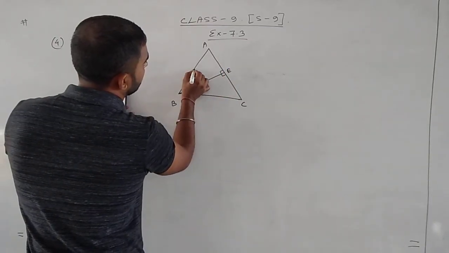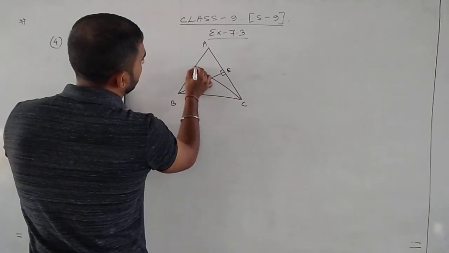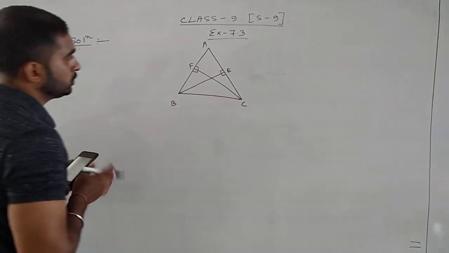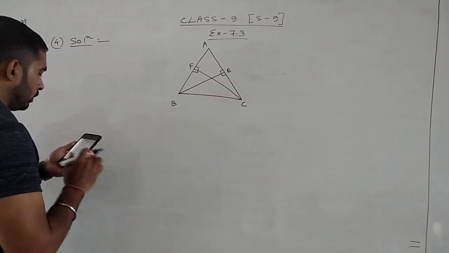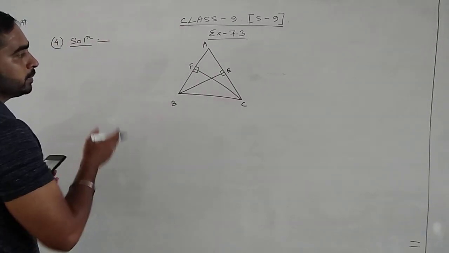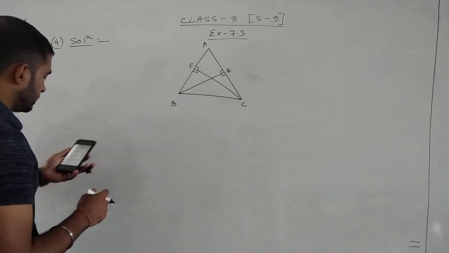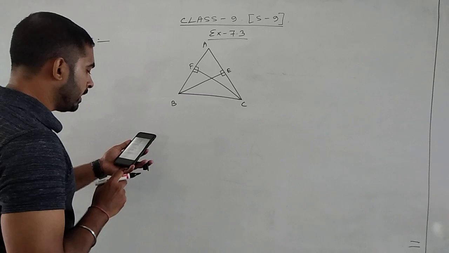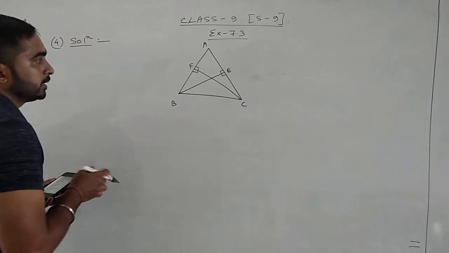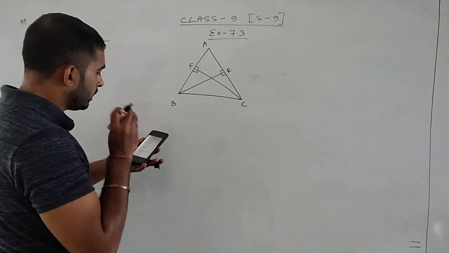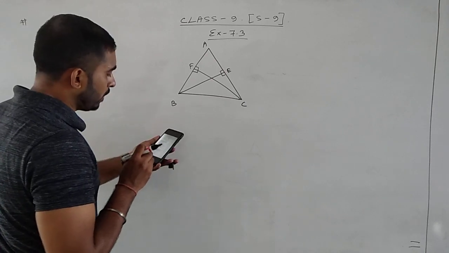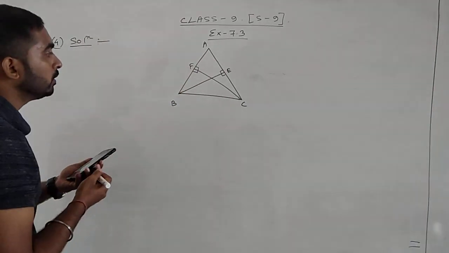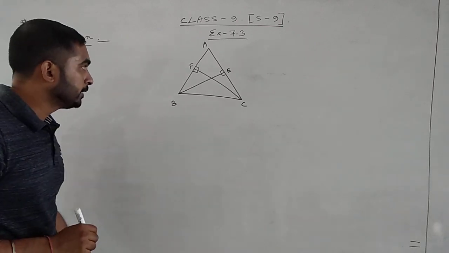BE and CF. What about altitudes? Altitude means they make an angle of 90 degrees, and moreover the altitudes BE and CF are equal, which is given in the question. Then we will prove by using RHS. There is a restriction that we have to prove by the congruency rule of RHS, that triangle ABC is an isosceles triangle.